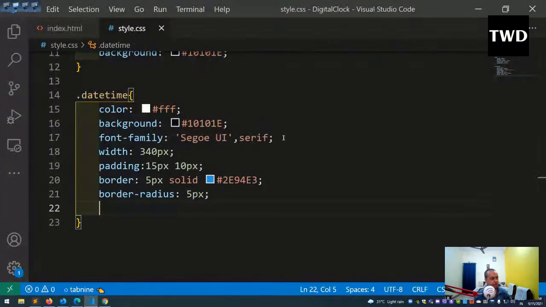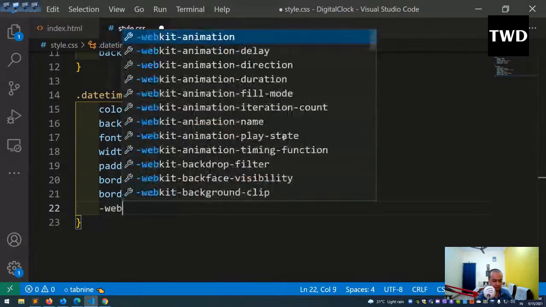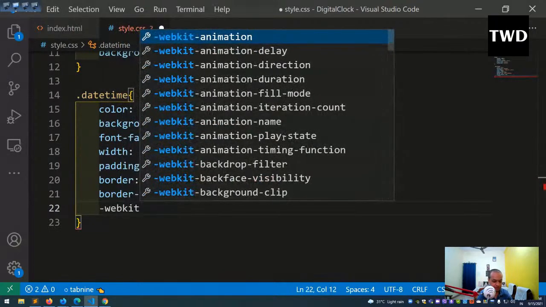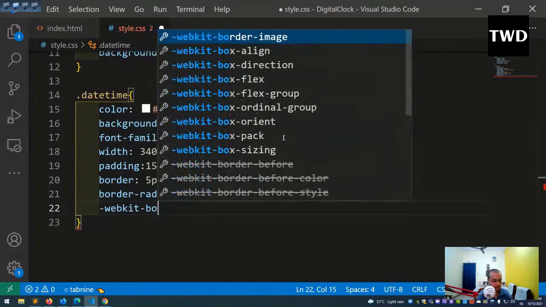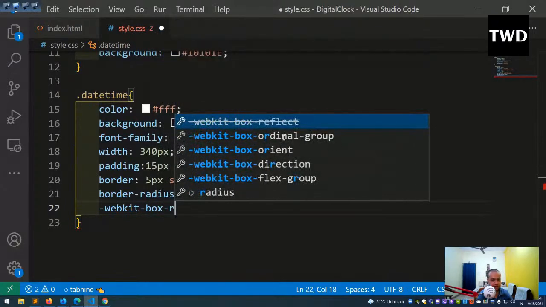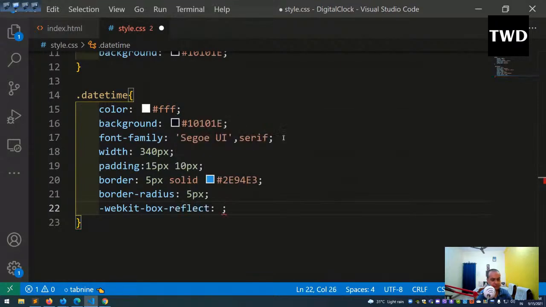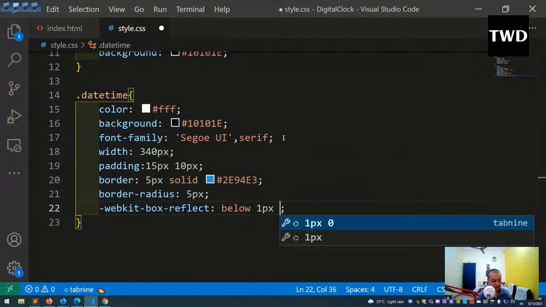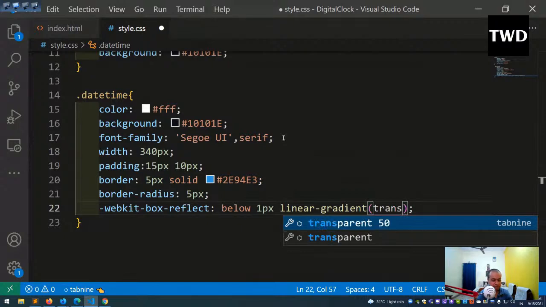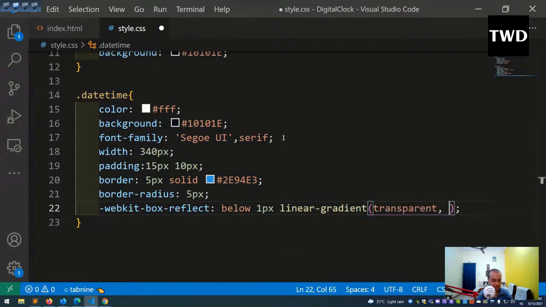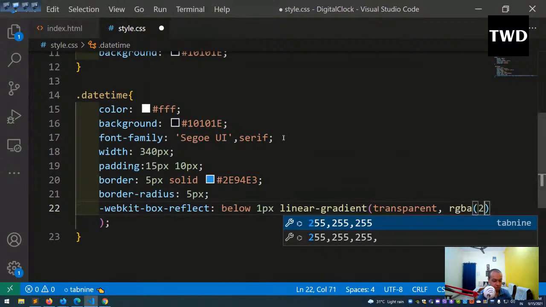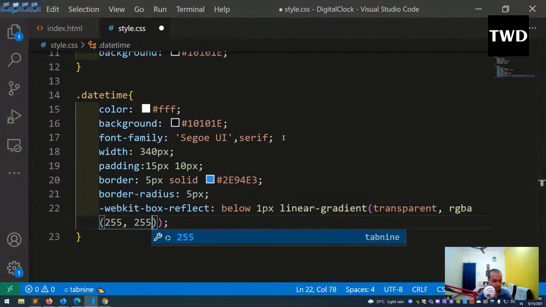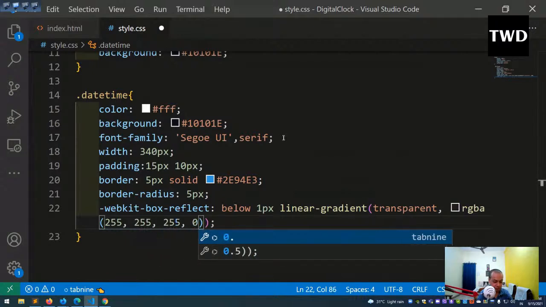Okay, so that one we have to use. That is -webkit-box-reflect: below 1px. After that, so this is the trick, the linear gradient will come, and the linear gradient will be transparent, and here I'll give RGBA 255, 255, 255, 0.1,